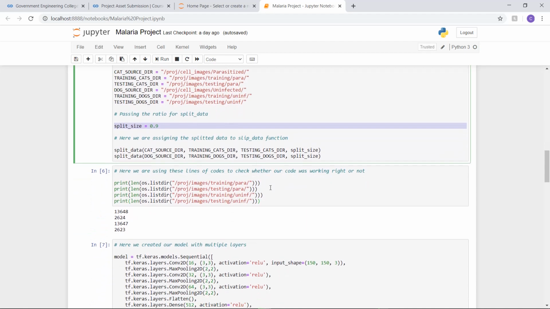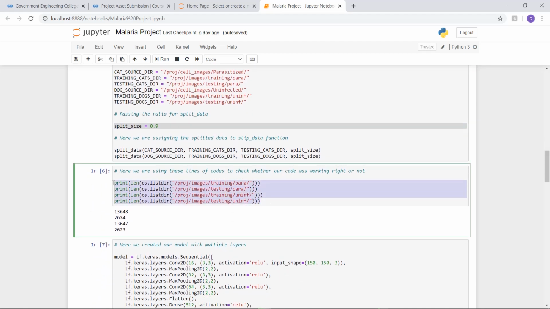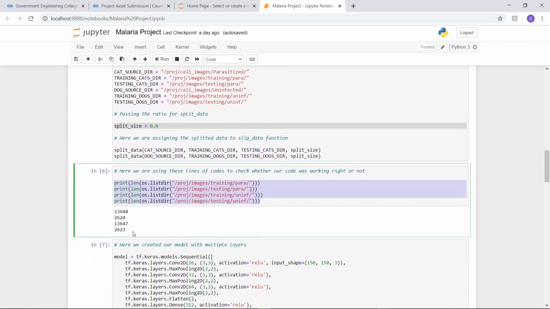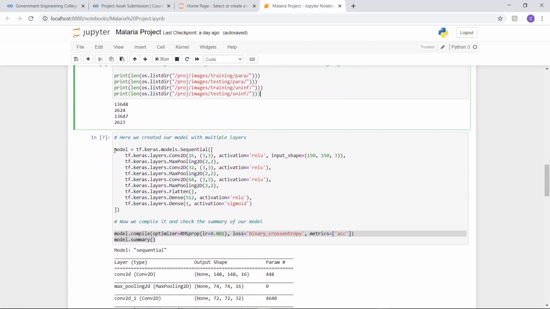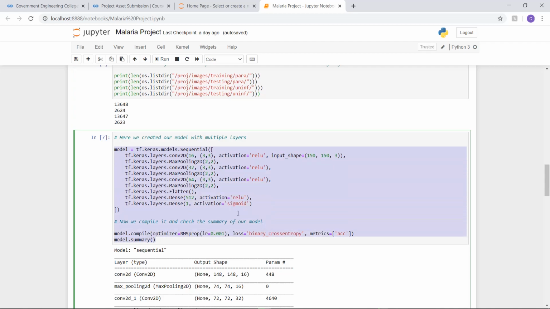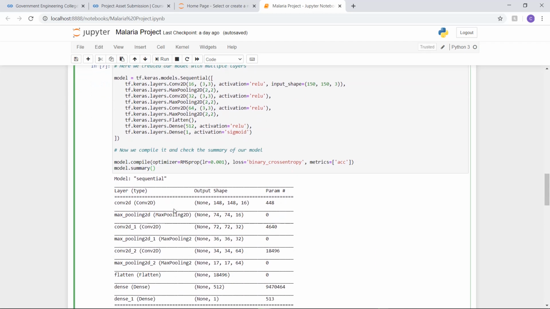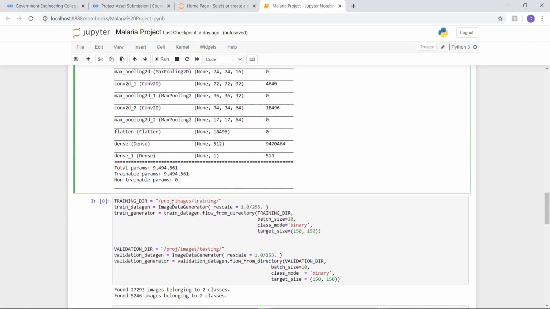After doing this, once the whole function has run, you can see up here the number of data. Here we created a model with the number of layers that is needed. Now we have to compile, and it's always good to see the summary for yourself, so please try that.